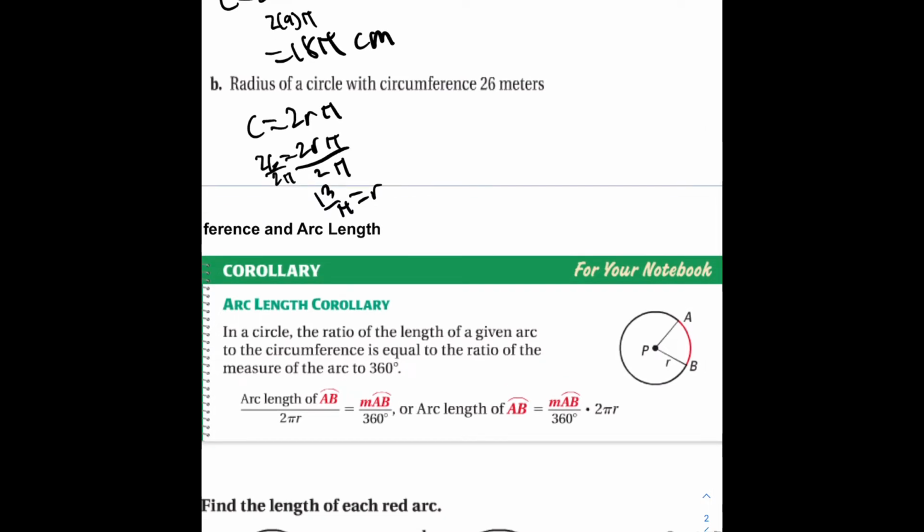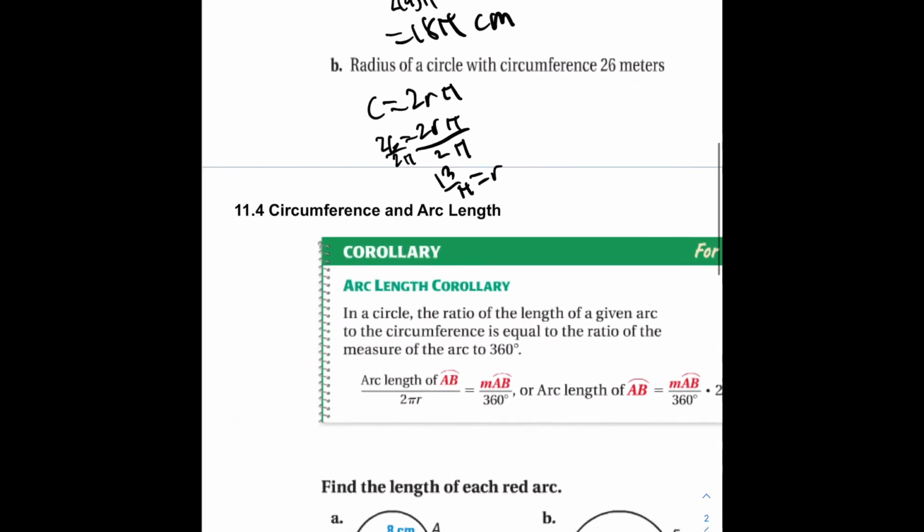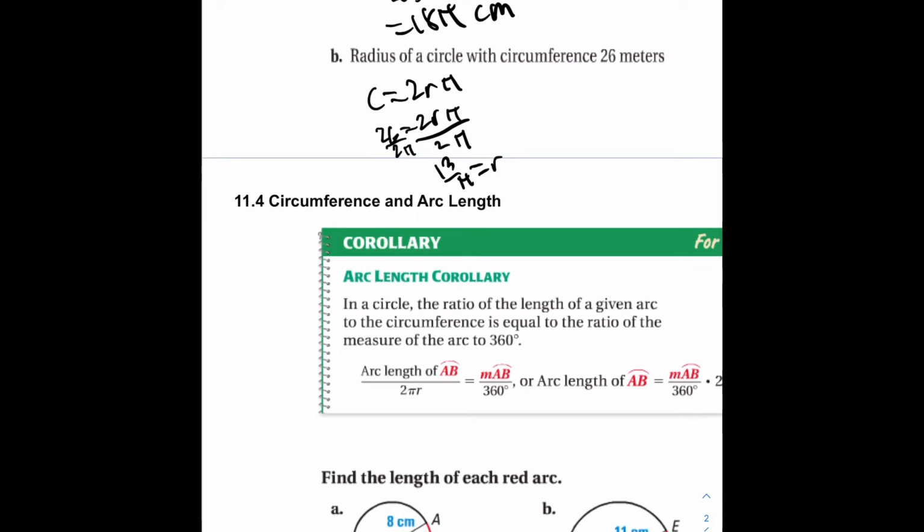Arc length is not all the way around your circle. The circumference is all the way around, and arc length is just a section or an arc of the circle. And so what we do is set up some sort of proportion. I always like to look at things in geometry as a part to whole ratio. So we're going to look at part of the circle, which is our arc length, over the whole thing, which is the circumference,